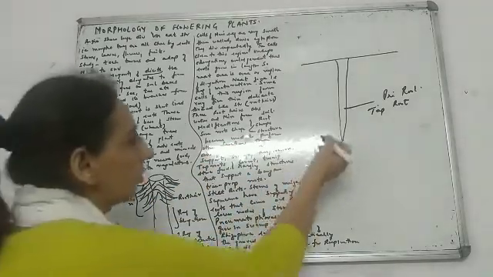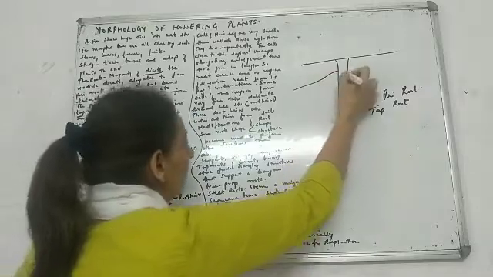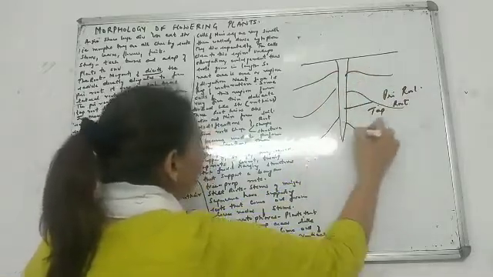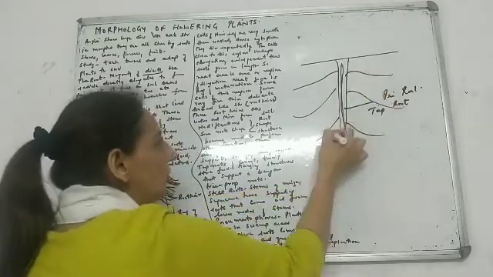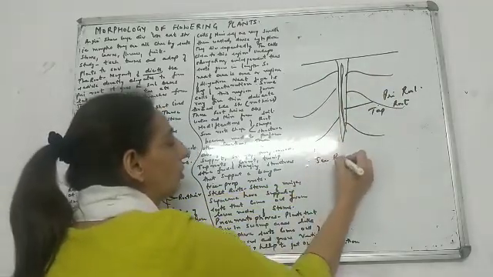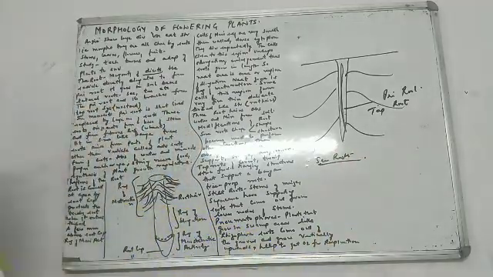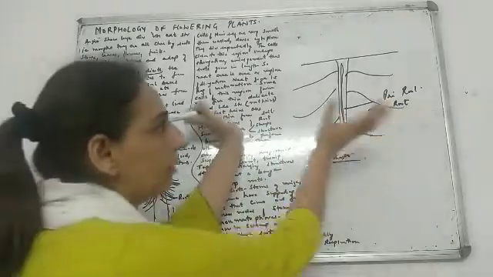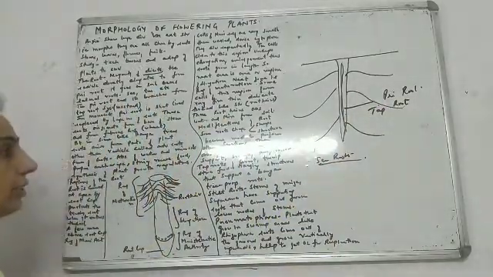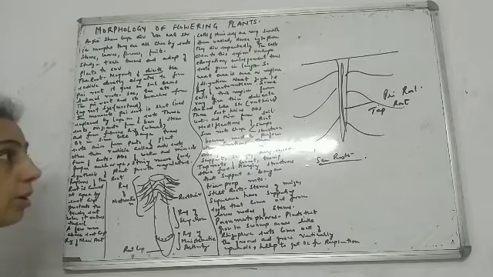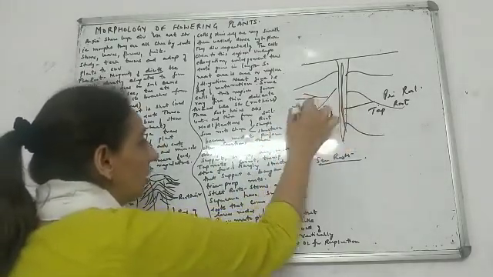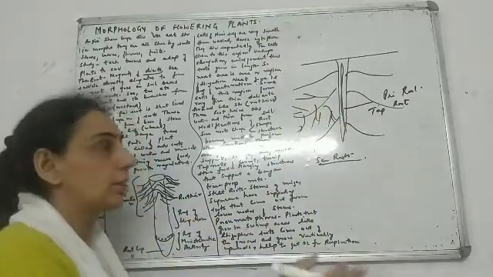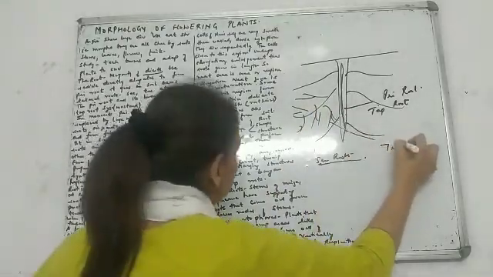Now what happens in this? From the taproot, you have some branches coming out. We already had the center root, which is the primary root. Now these branches which are coming out are the secondary roots. So first, the radicle elongates and becomes the primary root. From the sides, the lateral branches come out, which are known as secondary roots. On secondary roots, again we have small elongations coming out. Further, the third stage. These are what we call the tertiary roots.